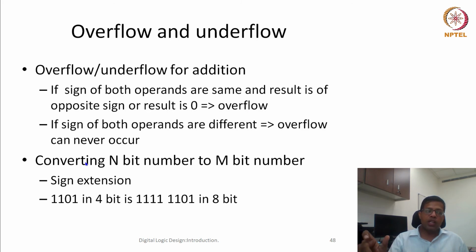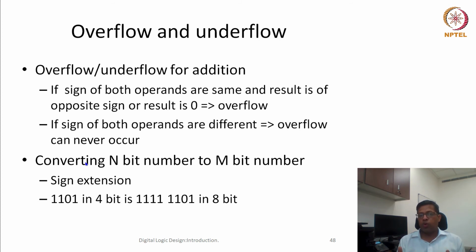There is also one thing we have to note down: when my results are going to be wrong, that also we should be clear about. Whenever we cross that breakpoint or discontinuity of my number circle, I am either going into an overflow condition or an underflow condition. Unless we know this overflow and underflow condition, we never know whether my results are correct or not. If it is overflow, that means the number is outside the range of numbers that can be represented using that many bits.